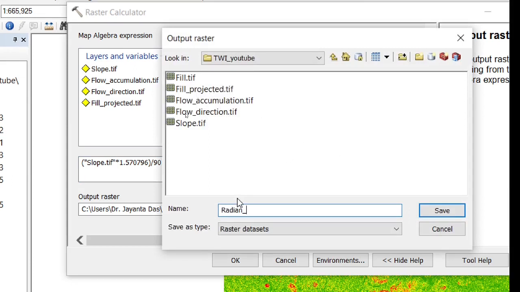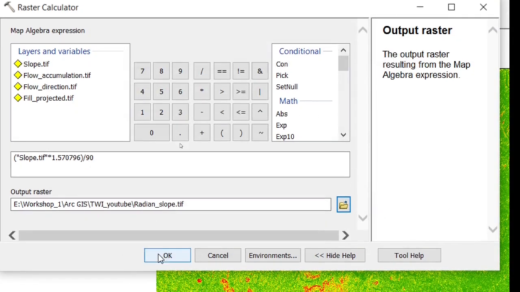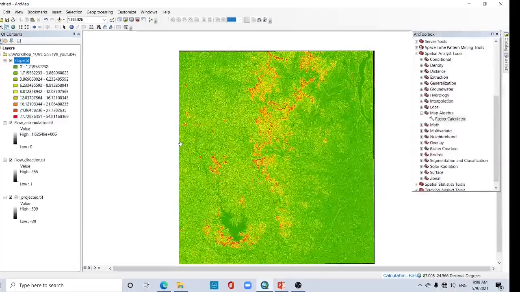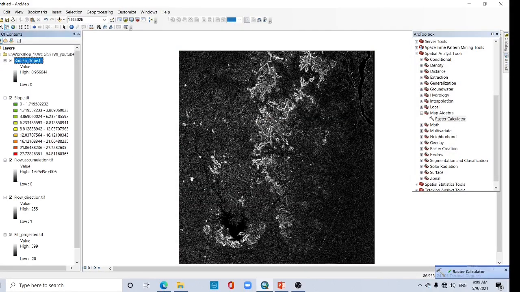Here radian slope. Give the extension .tif and save it. Then OK. Done. This is our radian slope.